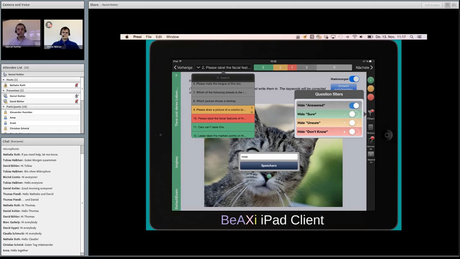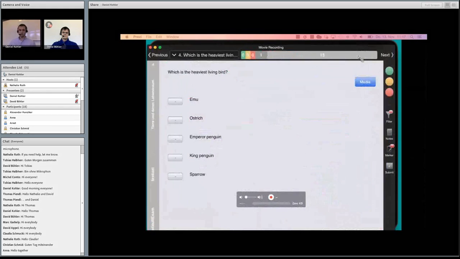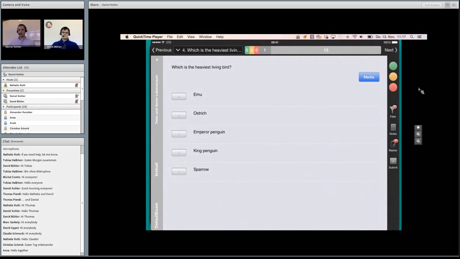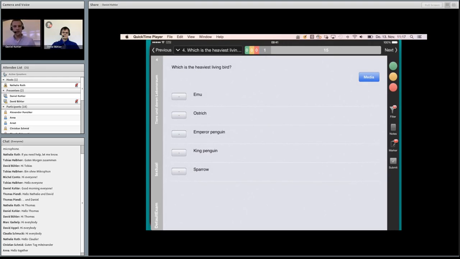And instead of talking about this picture here, I actually want to show you a live demo of the BeAXi iPad client. And let me quickly put this screen here. I hope you can all see that. I think you do.